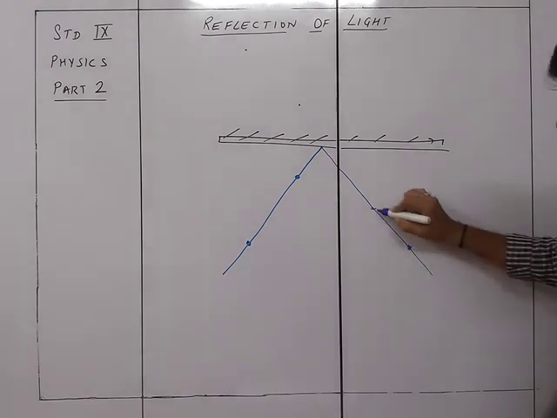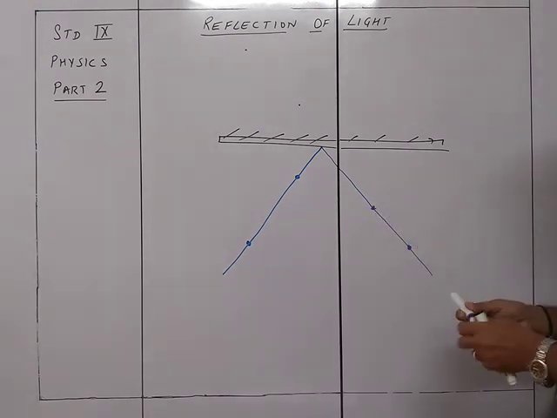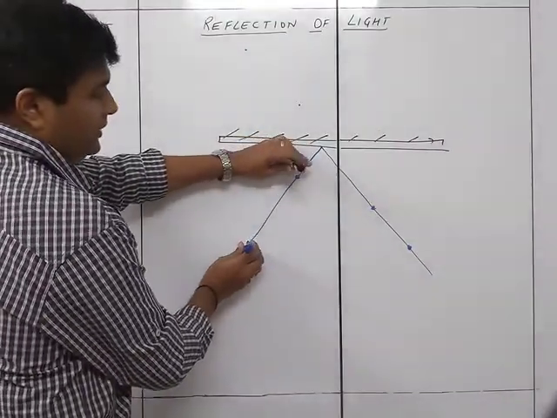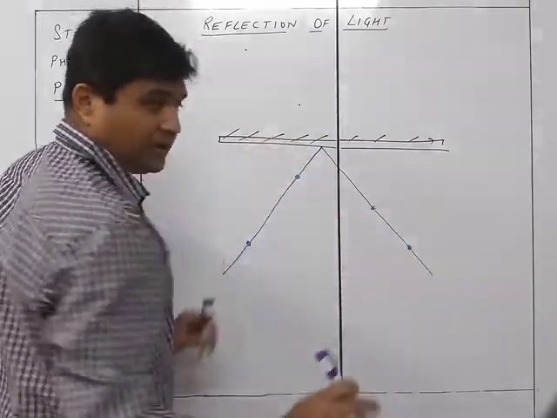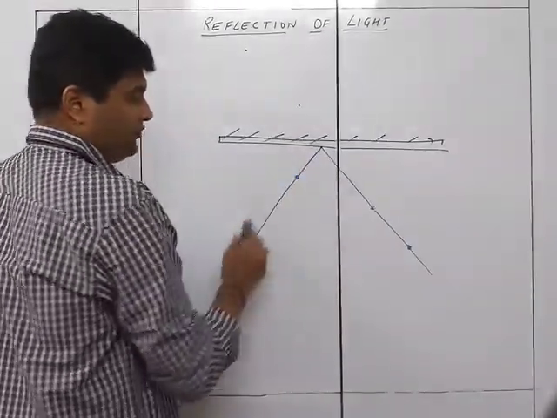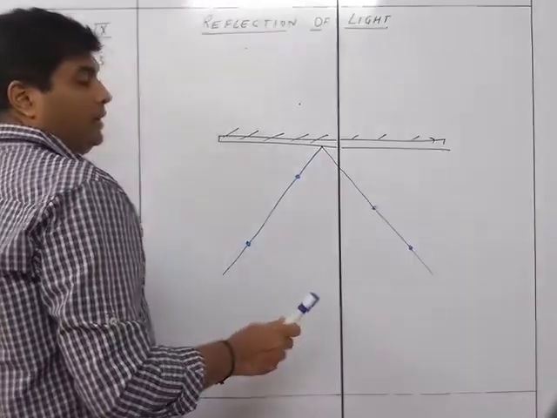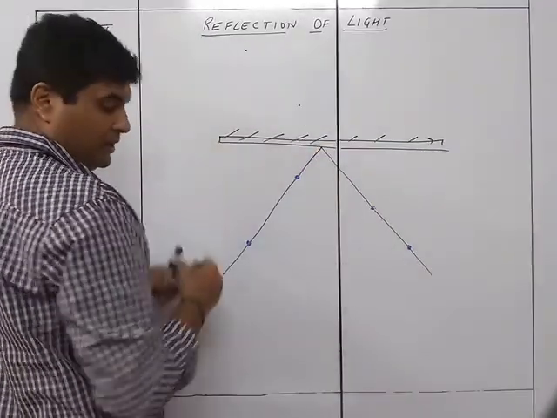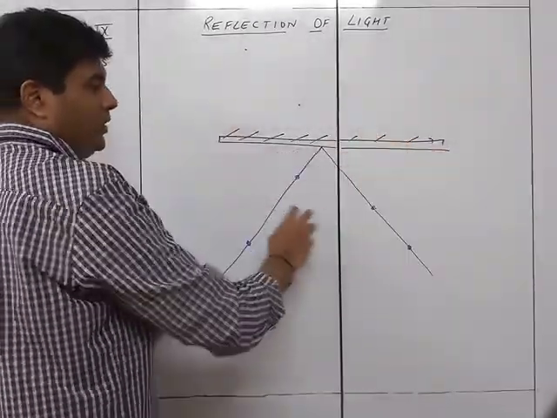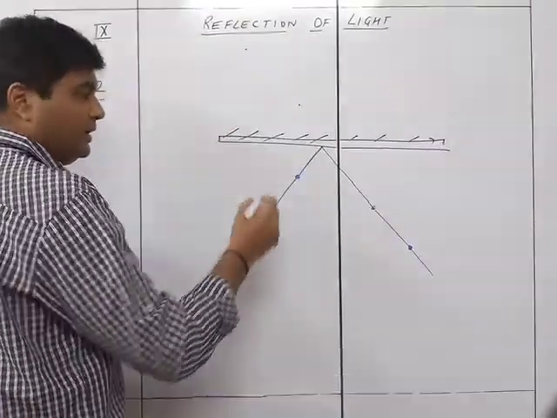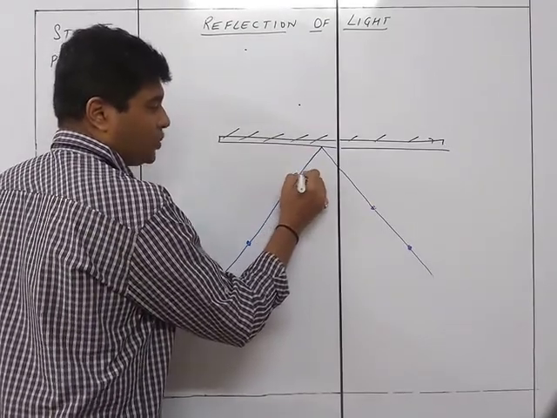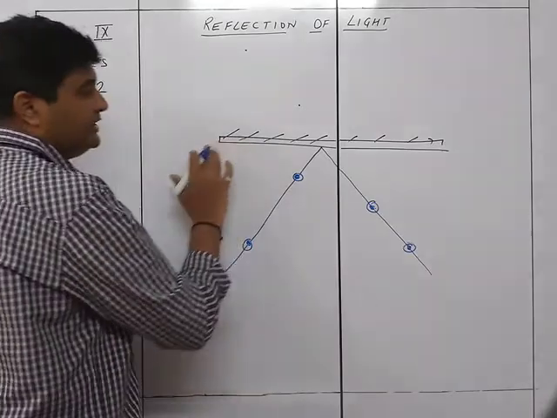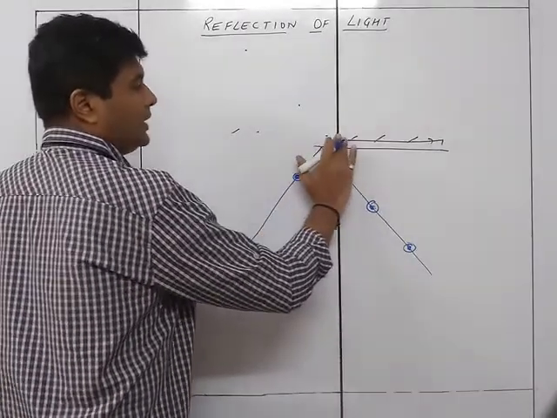Okay, I place two pins over here. So now what is happening is, I have one pin here, one pin here, one pin here and one pin here. The 4 pins which I placed, 1, 2, 3, 4. Now what we do is, we remove the pins and we remove the mirror. Instead of the pins, I have markings over here, point 1, point 2, point 3, point 4. Instead of the mirror, I have a line over here.